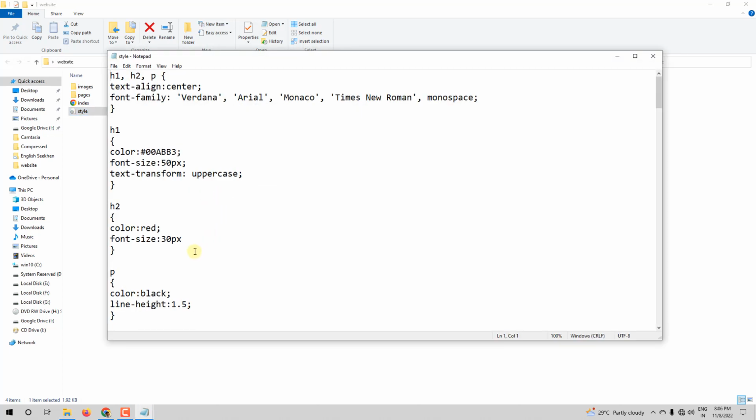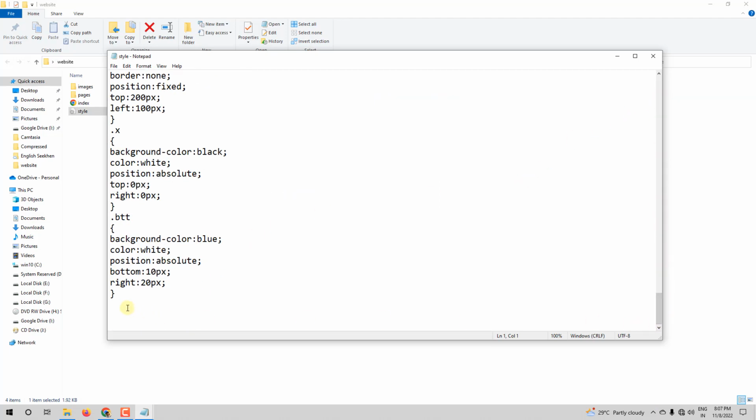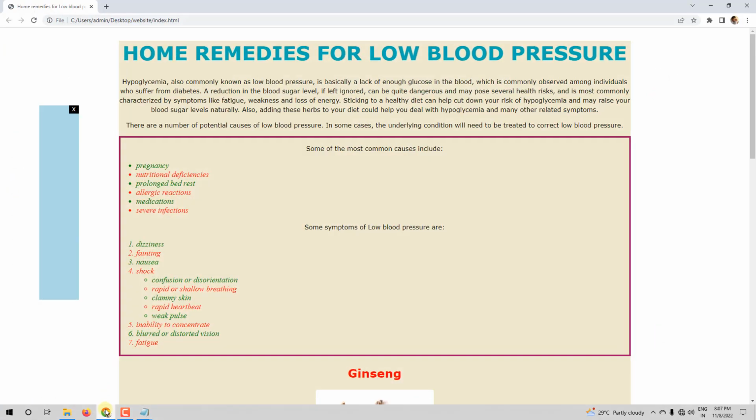Now, what is a pseudo element? A pseudo element is something that is used to style specific parts of an element. Let me give you an example. Let me go to the style sheet, and at the end of the style sheet I'll write